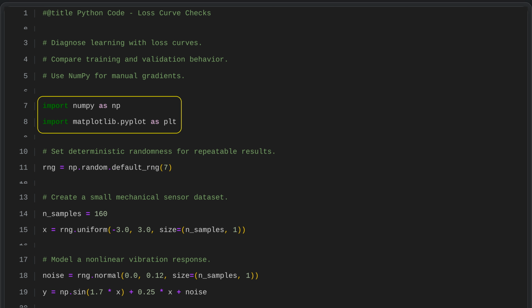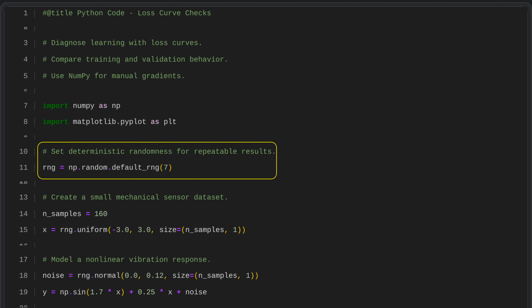The script begins by importing NumPy for efficient numerical work with arrays and mathematical operations. It also imports Matplotlib's plotting tools to create visualizations. Together, these libraries provide the basic tools for data handling and plotting in Python. To make results consistent and reproducible, we initialize NumPy's random number generator with a fixed seed of 7. This ensures the same random sequence is produced each time the code runs, which helps with debugging and comparing results